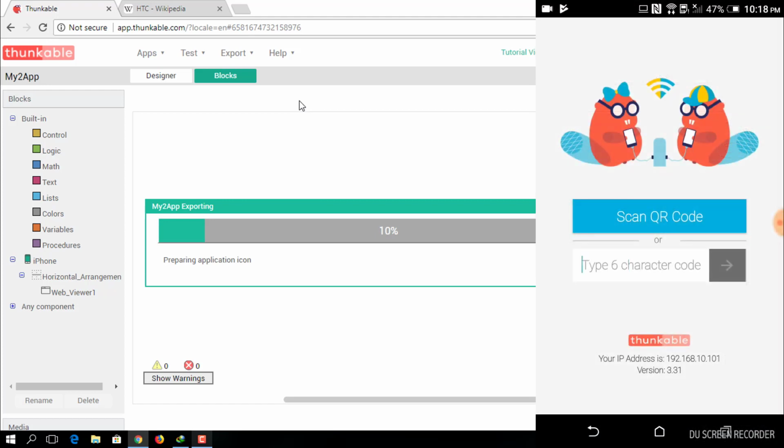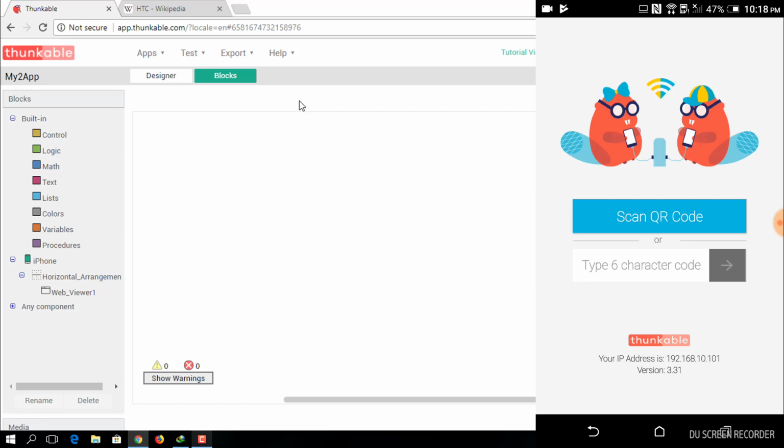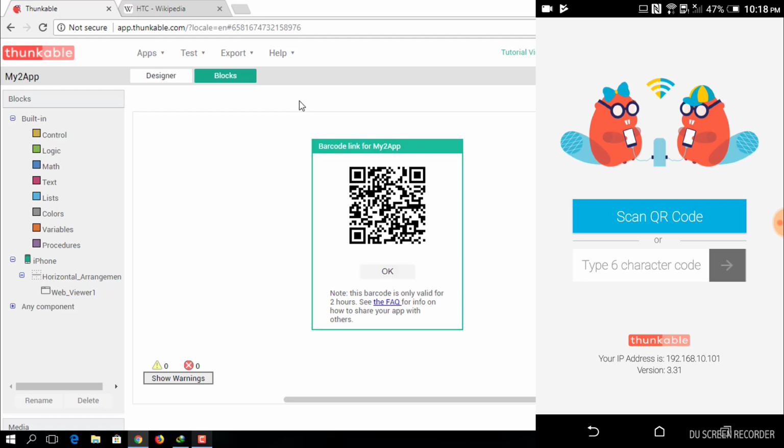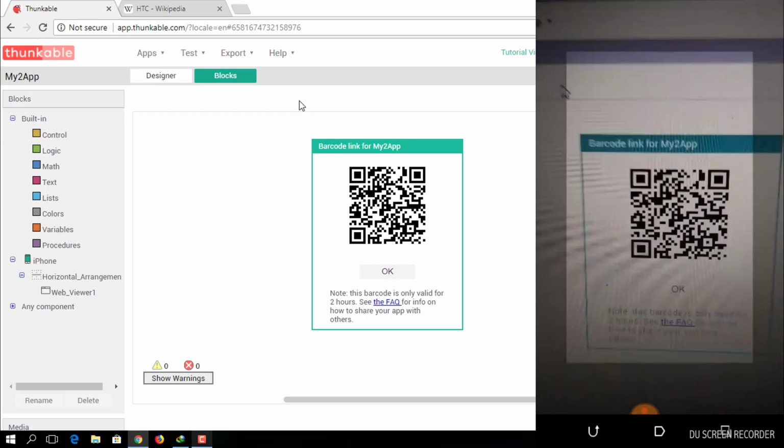Now exporting the application depends on your internet connection, how fast it is. Unfortunately, since it is night and here in Pakistan we don't have very good internet at night, I really need to wait so much time. So here you can have a look on my screen that I need the barcode to be scanned. So just select the barcode, scan up, and